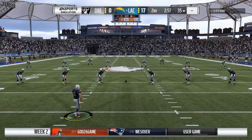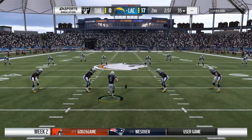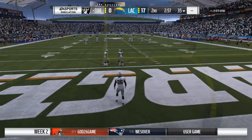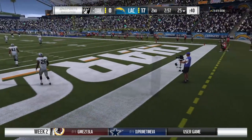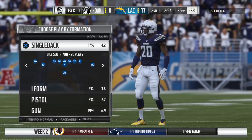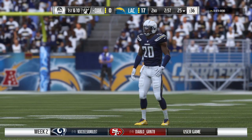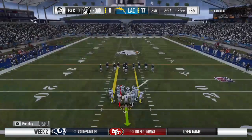Yeah, I wish we could quantify it, too, because you're playing the same game. The field's the same size. We know all of that. But being at home, sometimes when you do things well, you get that extra push from your home fans, and it elevates your game. And in the driver's seat right now, the Raiders offense, they trot back out, and